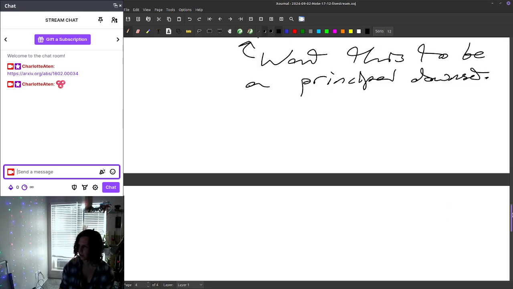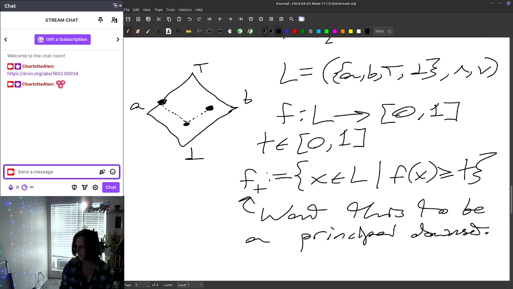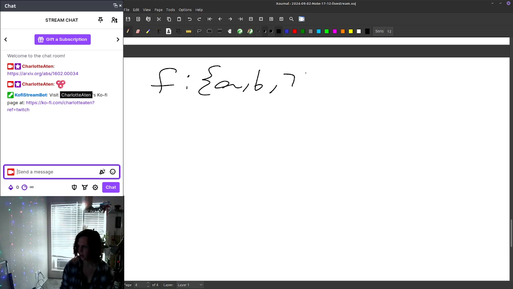Well, let's see. So let's maybe think of some examples of this. So we have to assign a number. So our f would assign a number to each element of the lattice. So rather than thinking about just f as being some function from the set A, B, top, bottom to 0, 1,